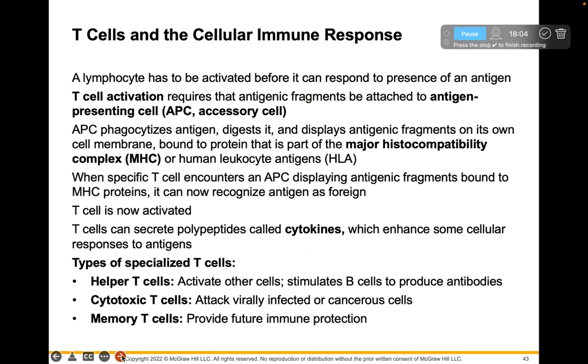So this book starts with T cells. I usually start with B cells, but it doesn't matter. They work hand in hand. So we're going to activate a T cell with an antigen presenting cell. And so usually this is some type of macrophage or phagocytic cell, like a monocyte that has engulfed a foreign antigen,